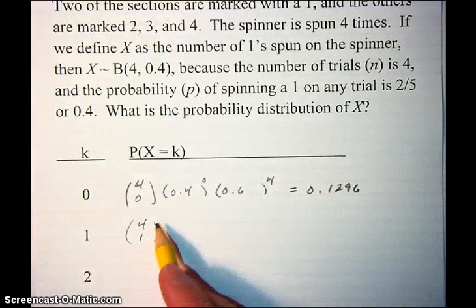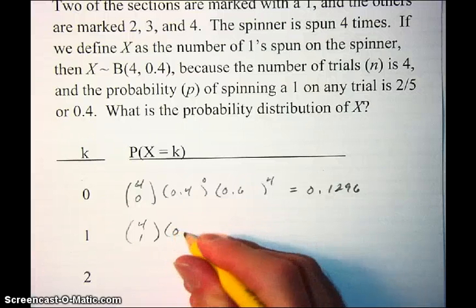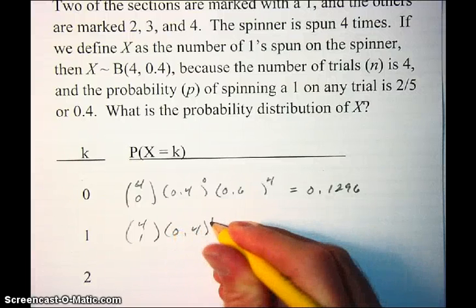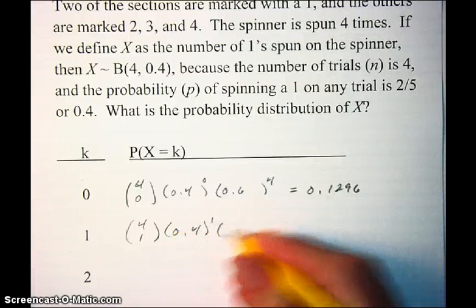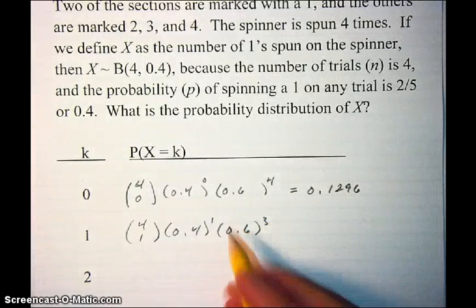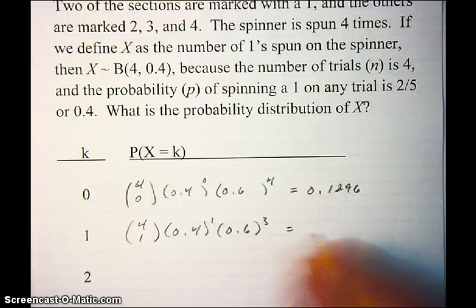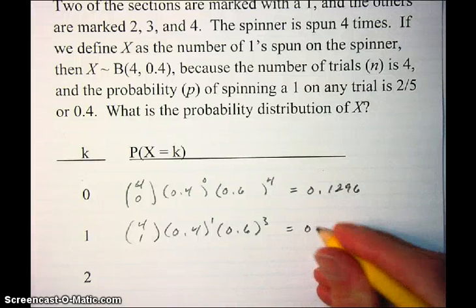That success can come anywhere in the string of 4 trials. And we have 1 success, so the probability of that would be 0.4 to the 1. And then we'd have 0.6 to the 3rd. So the exponents add up to 4. And we have the probability of success here, probability of failure here. And when we multiply all that together, we get